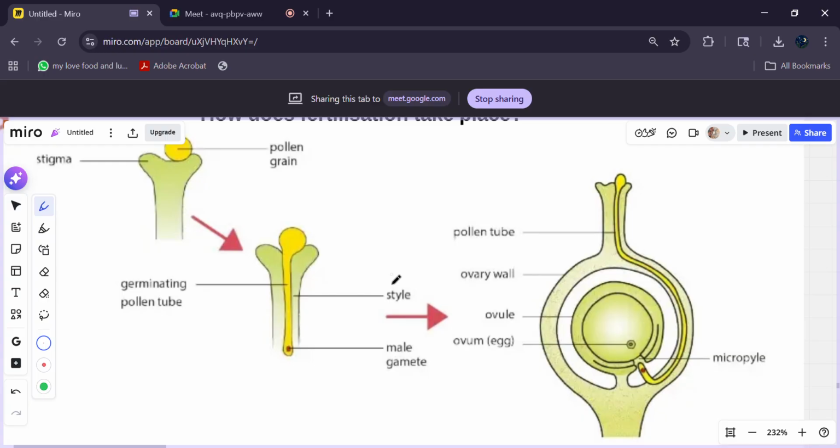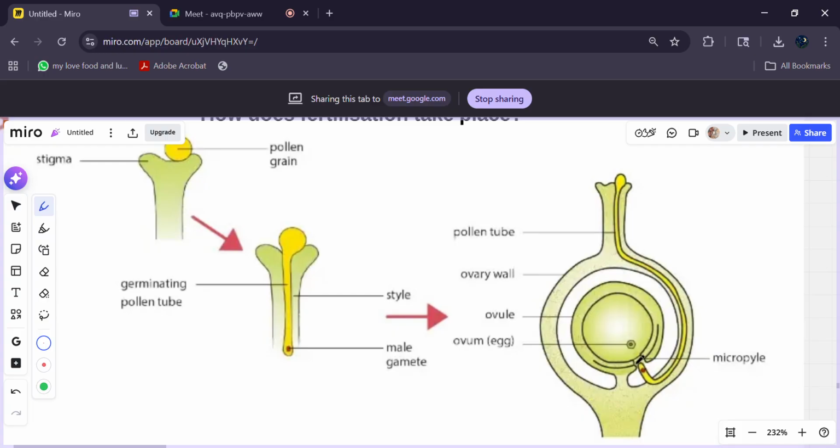The pollen tube enters the ovule through an opening in the ovule wall called the micropyle, and within the ovule, the tip of the pollen tube absorbs saps and bursts, releasing the male gamete. And as it arrives here you could see the micropyle. The micropyle is an opening of the ovule wall. Here is the ovule wall,